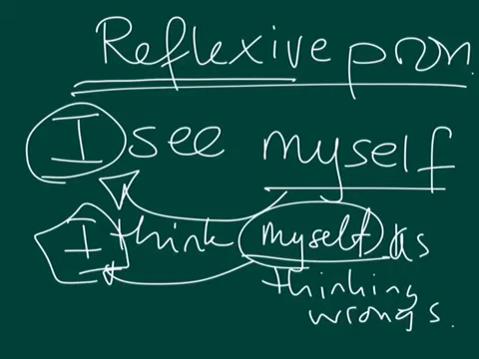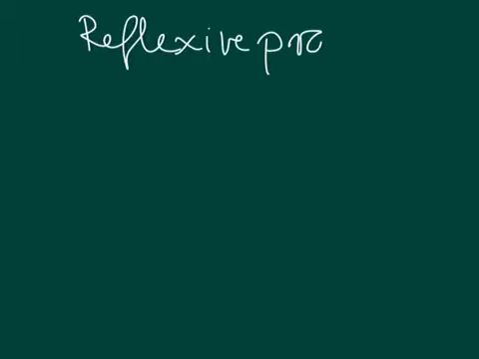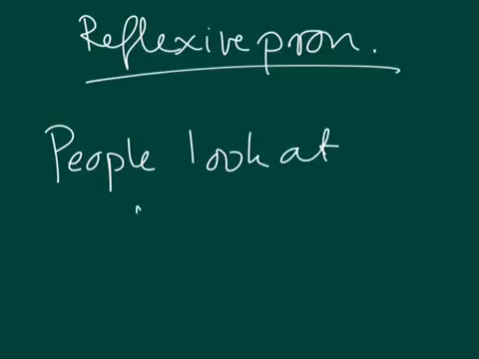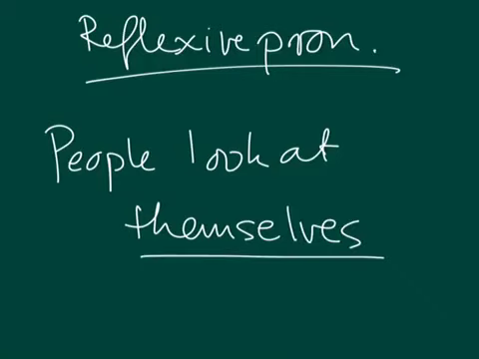Now, there is a bit of a problem sometimes. Because sometimes reflexive pronouns can look back on the personal pronoun, even when the personal pronoun is not put out. For example, people look at themselves. Themselves is a reflexive pronoun on people. But then you would say, but people